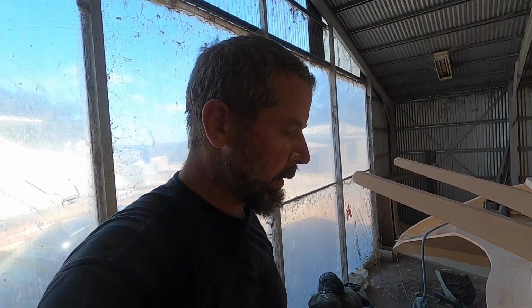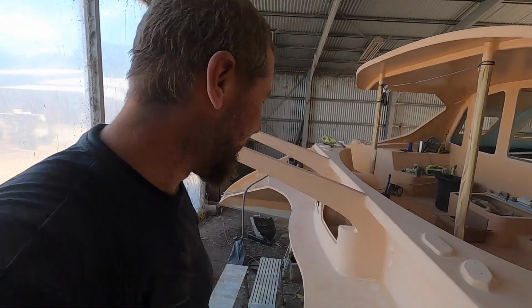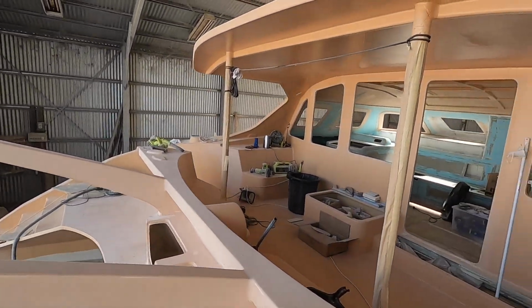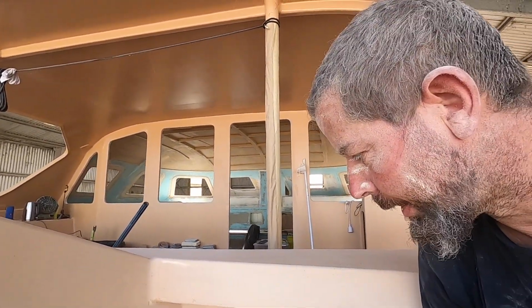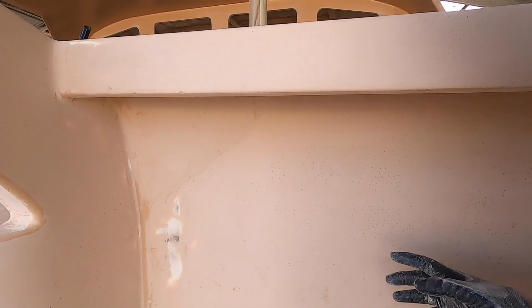So after copious amounts of fairing and sanding, and then you get to paint finally, primer, and then guess what? You're back to sanding, fairing, because of the fairing compound. It doesn't matter here, I think, how careful you are putting it on. What you get is a million little pores, and maybe there are fairing compounds that have less of those or more of those. I'm having trouble in some areas, not everywhere, and then you find, which is expected and something you want, you find